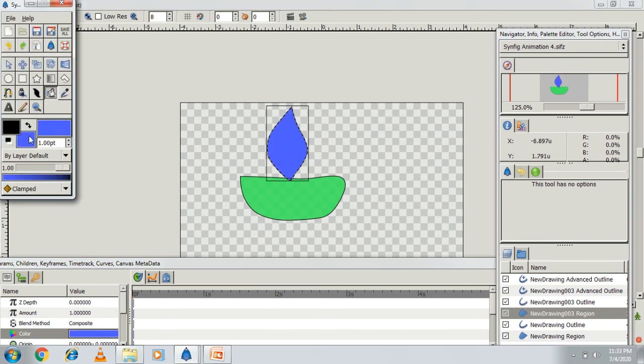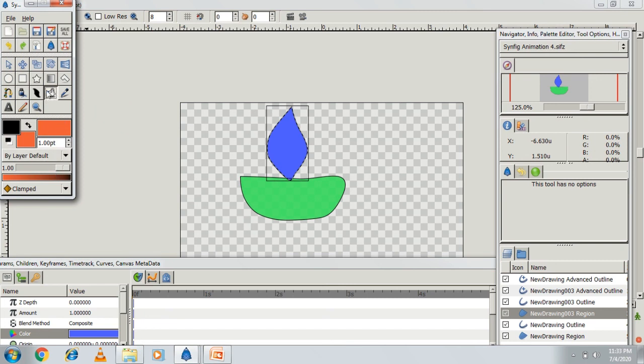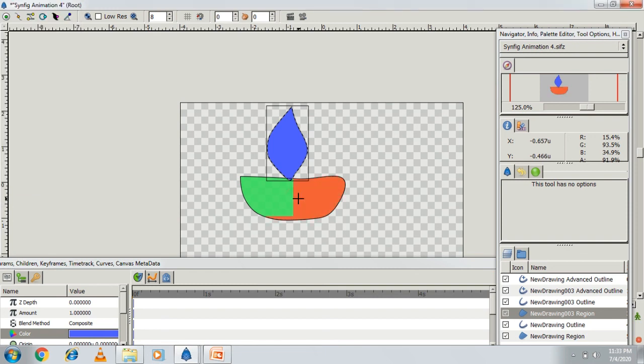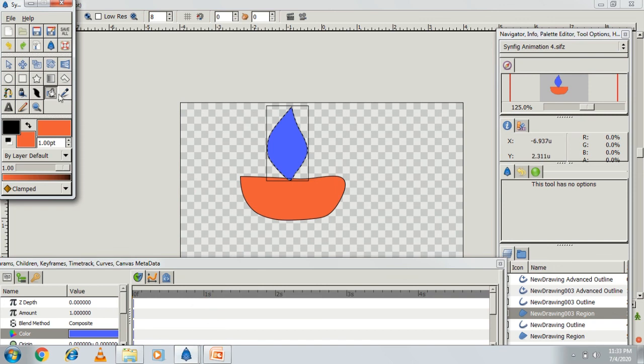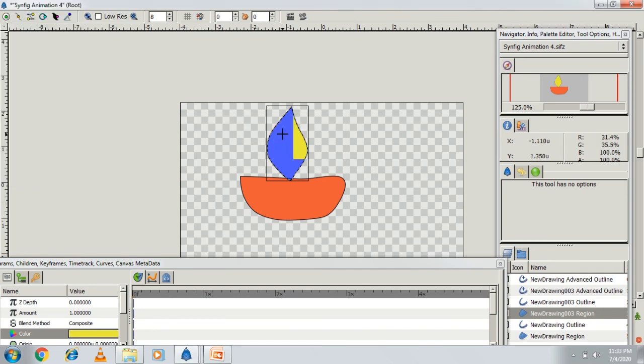Okay, now suppose this color is pink, suppose this color is red, I want to fill the red color. I select the fill tool and I want to put red color here, then click on it, so it will fill the red color. Again by using the fill tool, I want to put yellow color here. What I will do, I will change the color from here, and by using the fill tool I apply yellow color here. So this is the use of the fill tool.